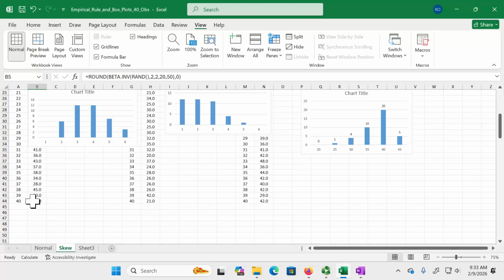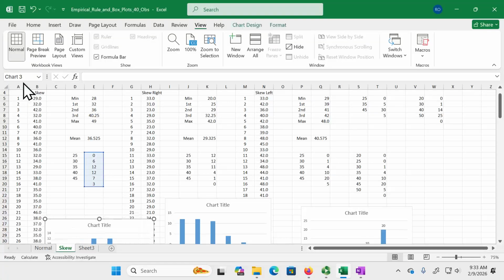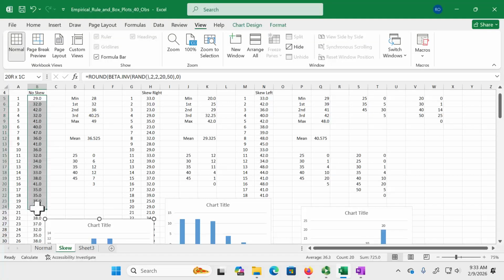In this, we're going to do some calculation here, and I'm going to take the first 20 values, just because we don't need all of them. I'm going to take the first 20 values, mark those, then go up to Home